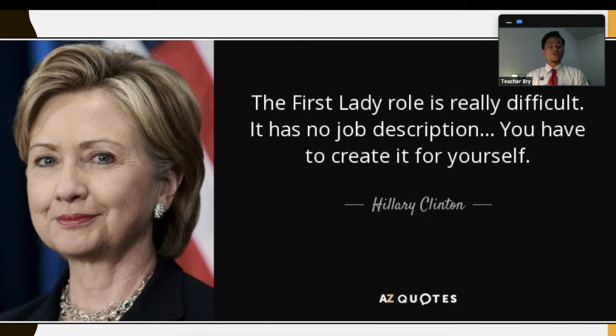What is job description? Job description means what you have to do in your job. For example, as a nurse, the job description of a nurse is to take care of the patient in the hospital. But for First Lady, Hillary Clinton said it has no job description. It doesn't say what you have to do. And you have to make it yourself. What does she mean by that? Now let's discover